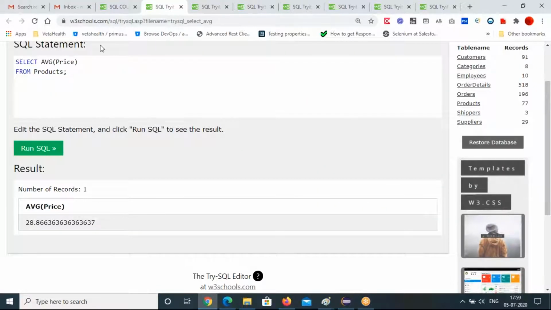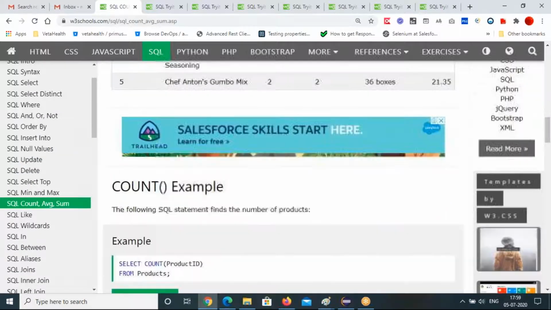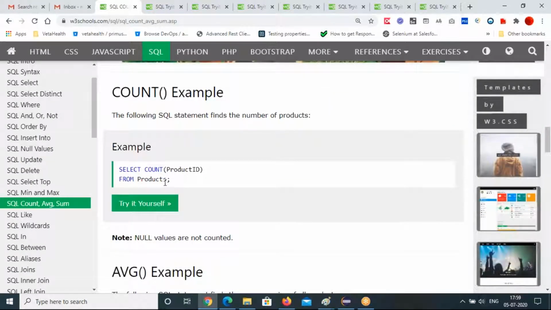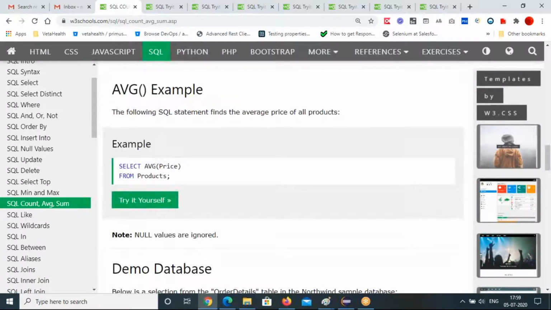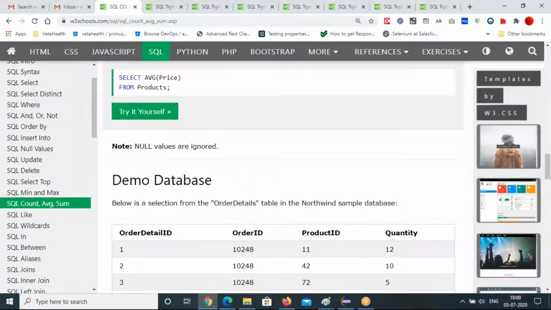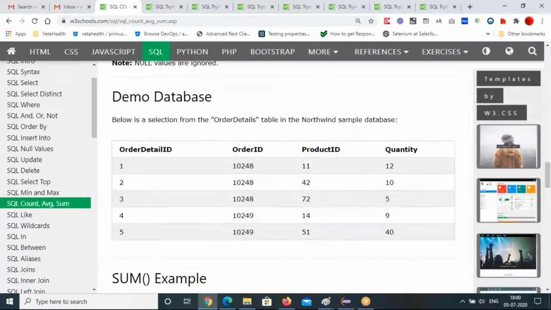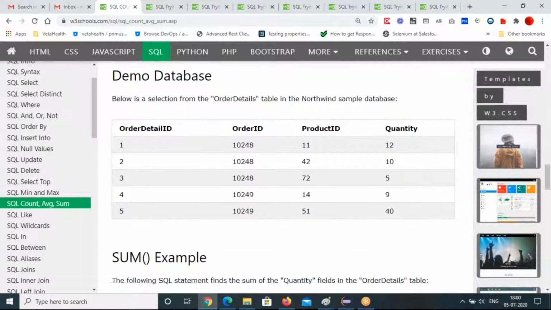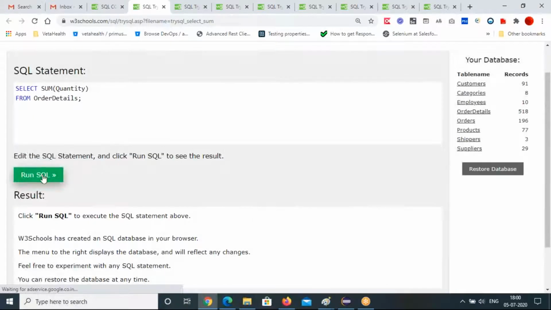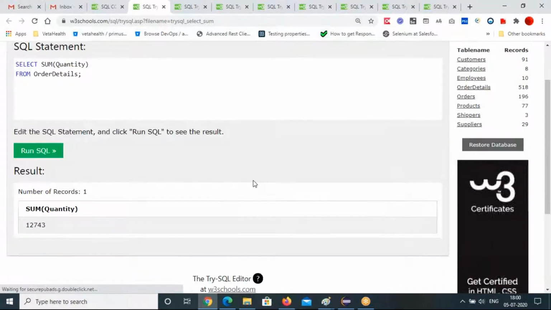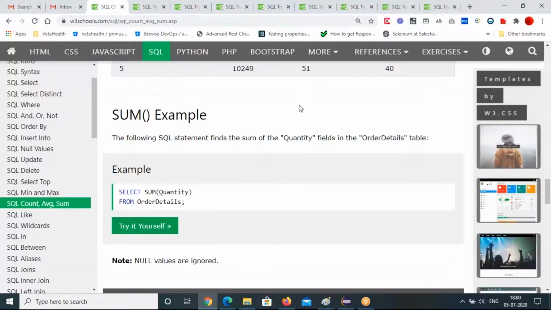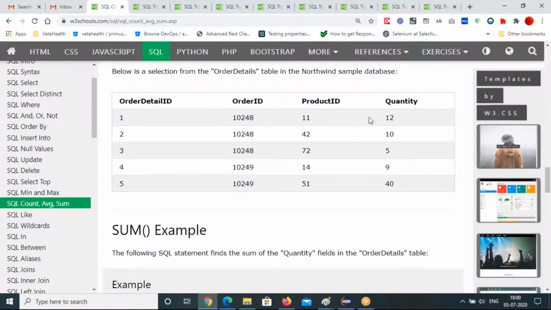But if there is real data, we can get clarity. So this is all a problem. The following is going to find the number of products. Here we are not getting the number of products, right? Some quantity equals 73. I think internally it is different.